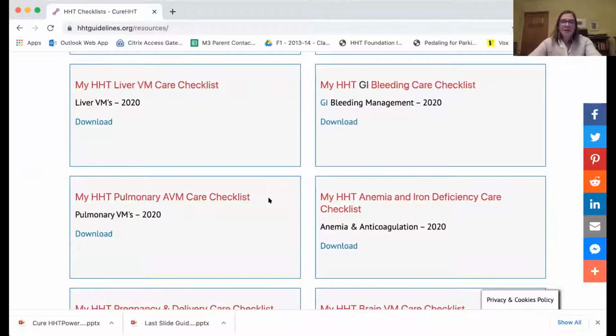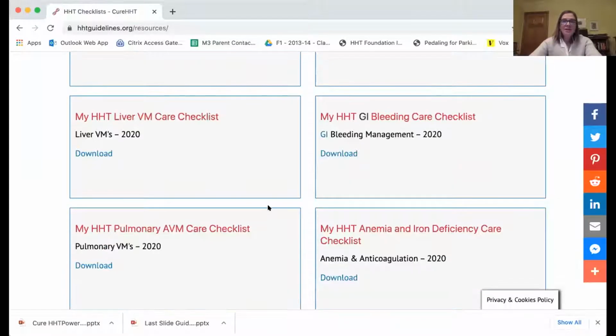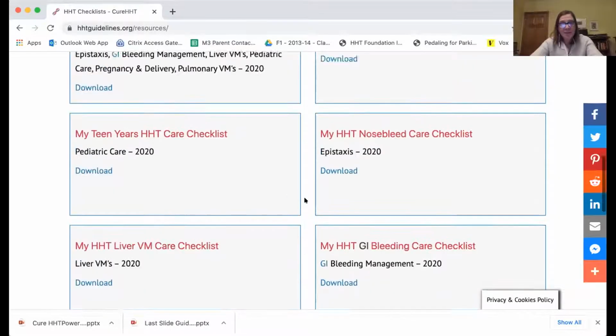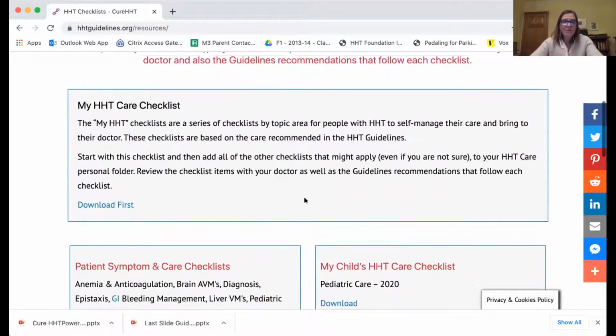We wouldn't want to forget or not make clear the message that all HHT patients should be screened for lung AVMs and treated preventatively if they have significant lung AVMs. Even though lung AVMs were not a topic for the 2020 guidelines, they're still very much part of 2021 management of HHT. So we made a checklist for each one of the topic areas, including the topic areas where we brought recommendations forth from 2009.